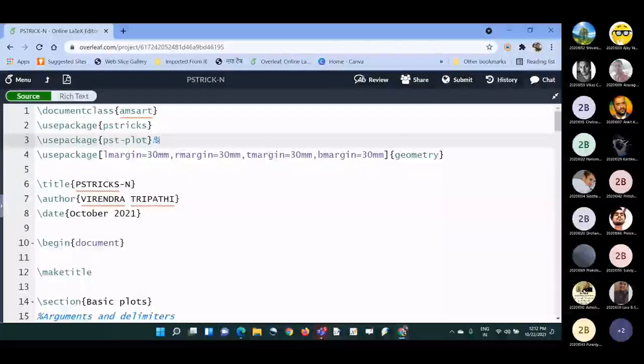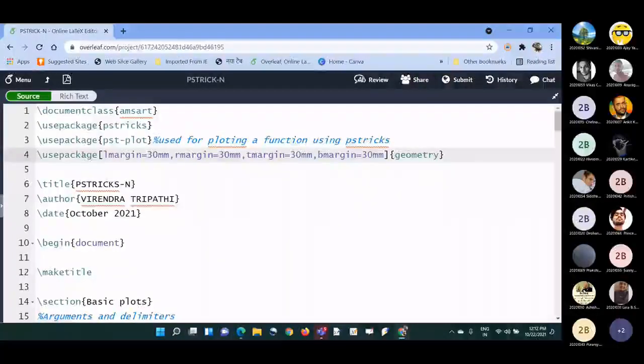Otherwise, if you are not plotting any function, then there is no need to keep this. So let me write here, this is used for plotting a function using PSTricks.